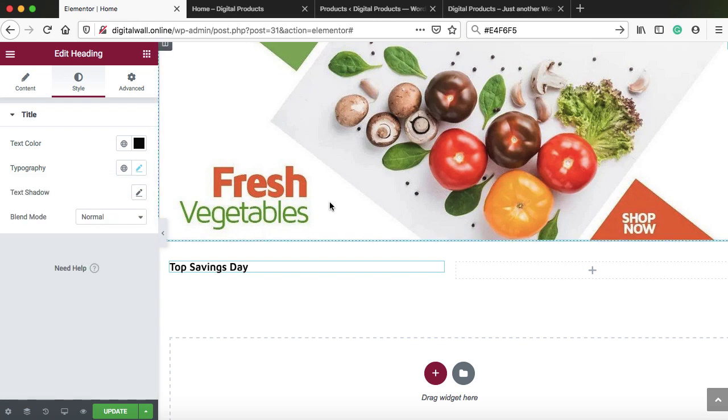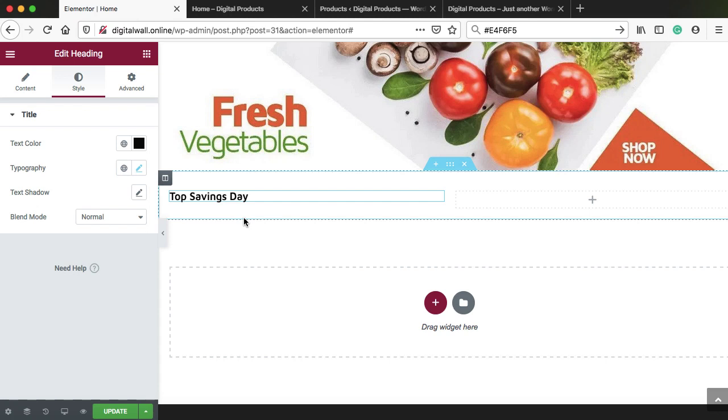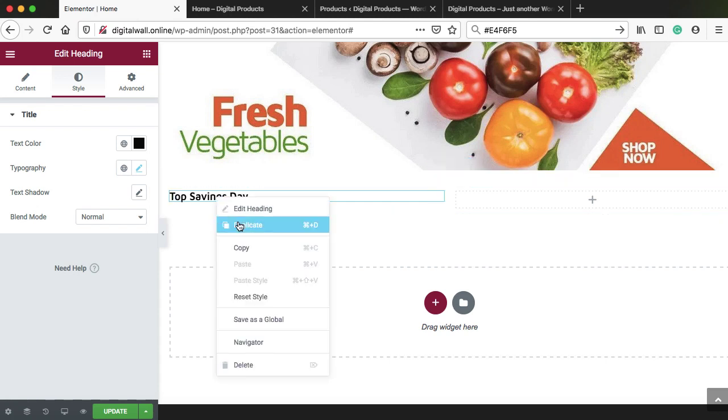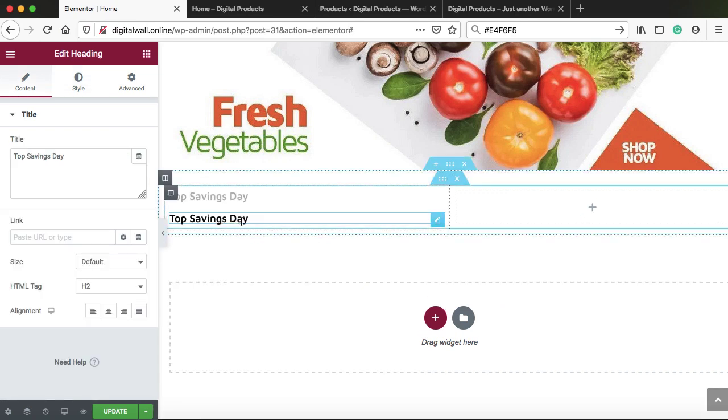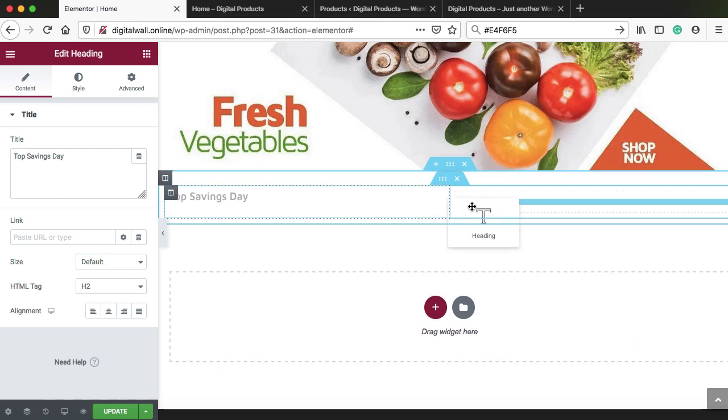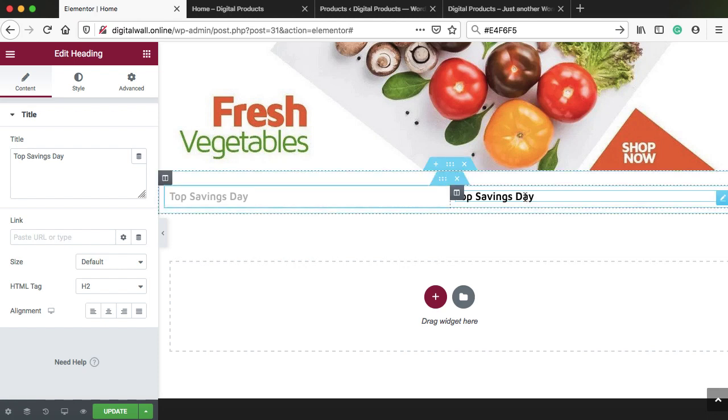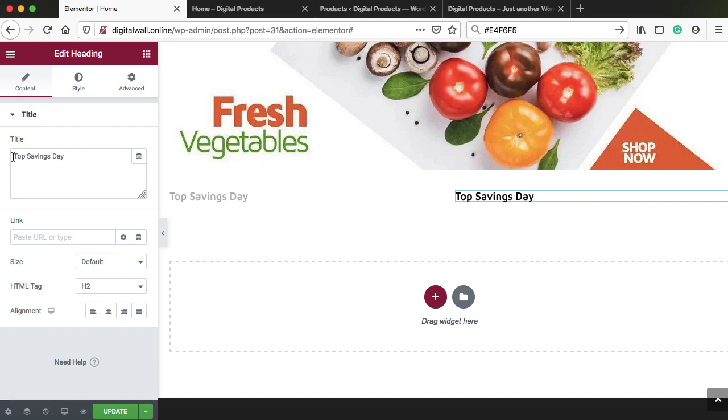Now Elementor provides a very cool feature that you can duplicate an existing element. Just put the mouse on it, then right click and then duplicate. So that really saves a lot of time. Now we can drop this element in the right column. So just put the mouse on the pencil, then drag it and drop it into the column. Cool. Now we can click on it. So the settings of this entire heading have been opened on the left hand side. Now we can change the heading from here, like View All, and we can also change the alignment at the bottom. So I'm going to set it to right.